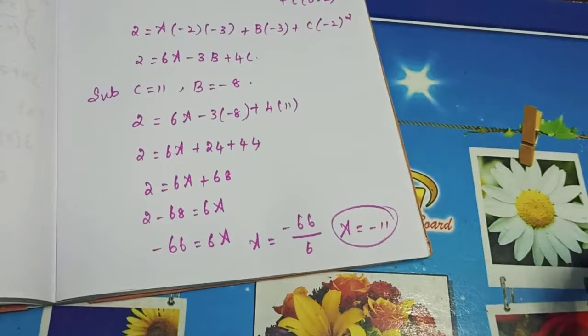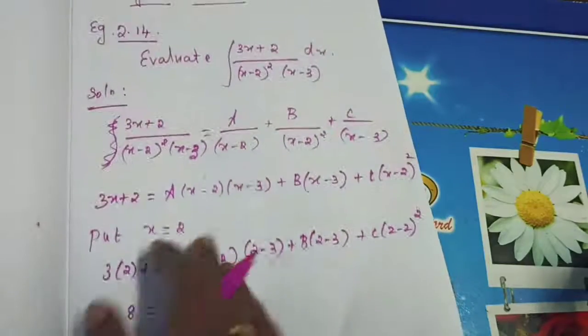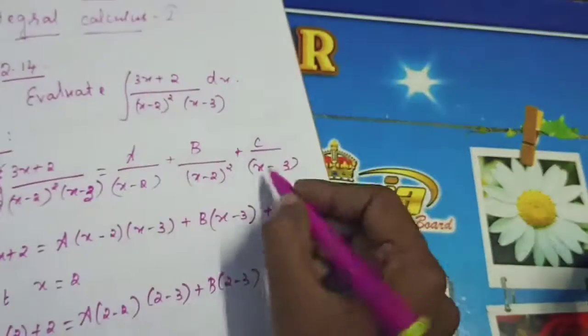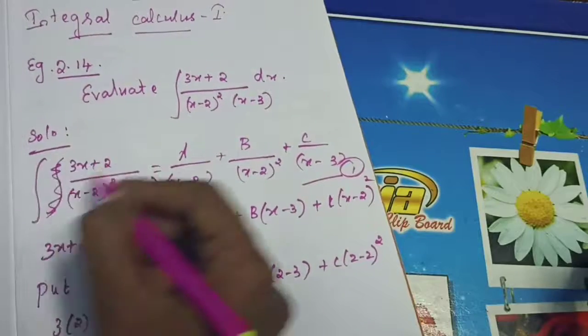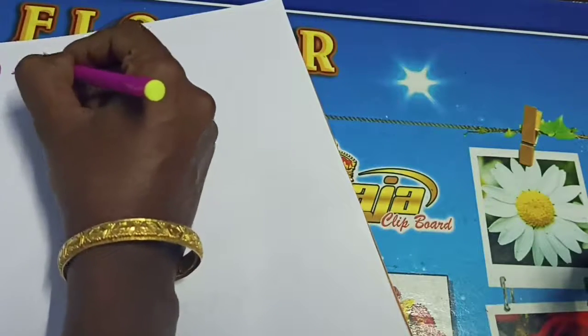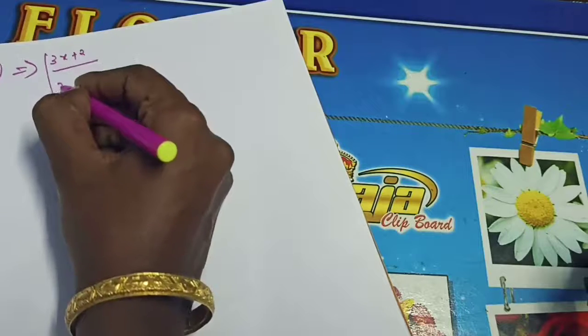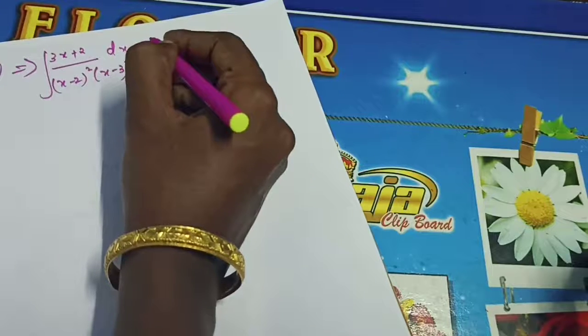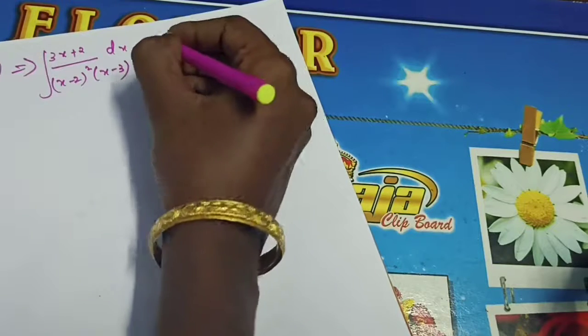Now we are going to substitute here. Okay. So shall we take this as 1? When you are substituting, 1 implies, what will happen? So integral. If you need, you can take integral here also. If I am taking integral here also, no problem. Okay. Integral, we can put it here. So integral of 3x plus 2 divided by x minus 2 the whole square, x minus 3 dx is equal to, what's the a value? What's the a value? Minus 11.